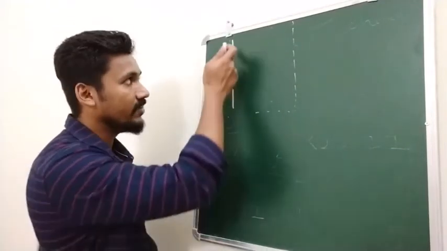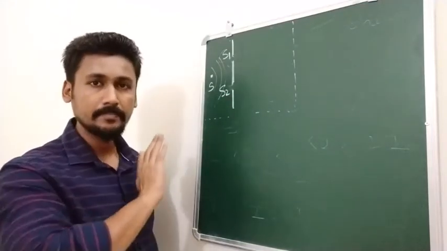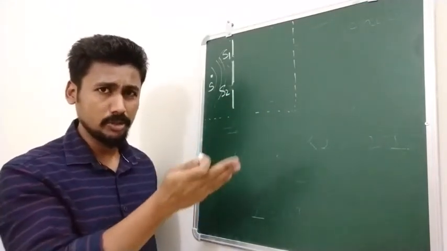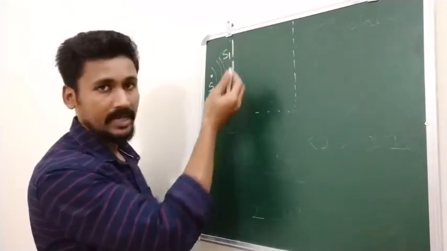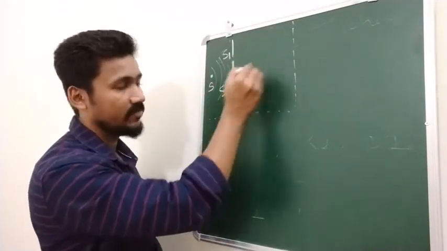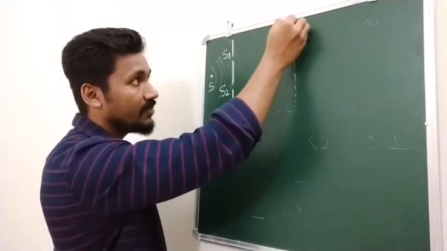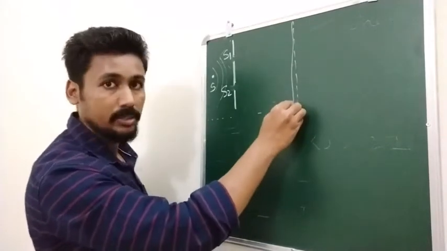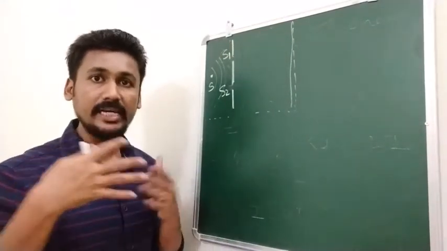So what we have: 2 slits, S1 and S2. Then there is a source of light. Normally the source of light is kept quite far away to get the perfect result. So now what will happen? Light will come from S1, light will come from S2, right? We are going to get waves, and here we will have a screen. Correct? On the screen the light will fall. Now what will happen? They will start to interfere.